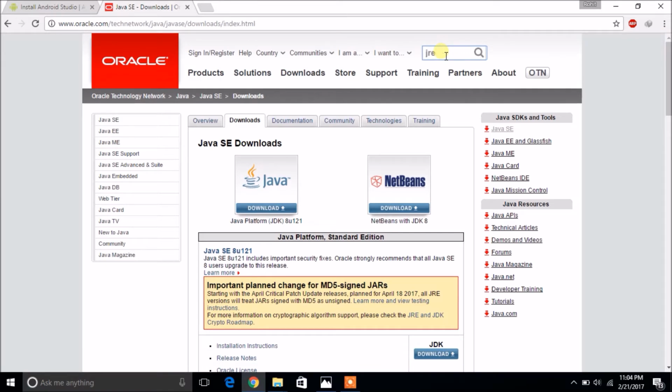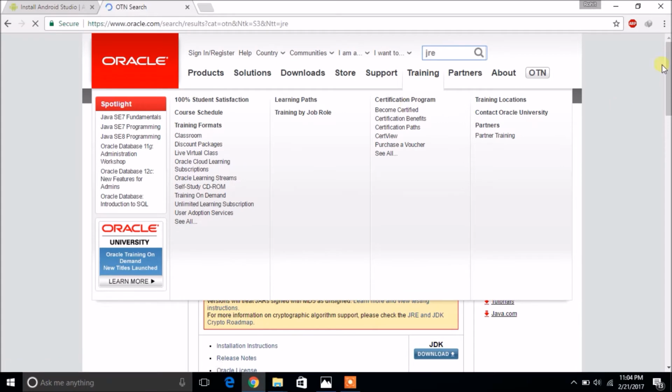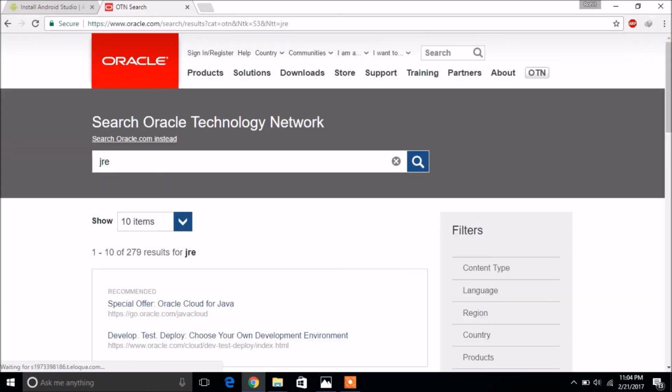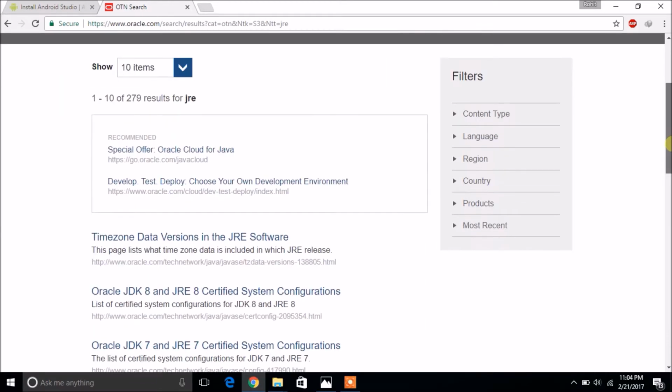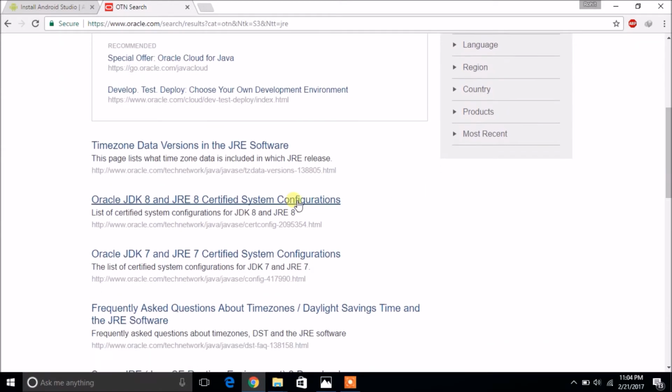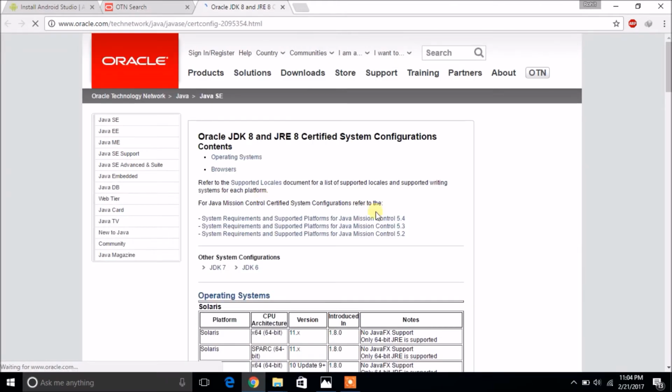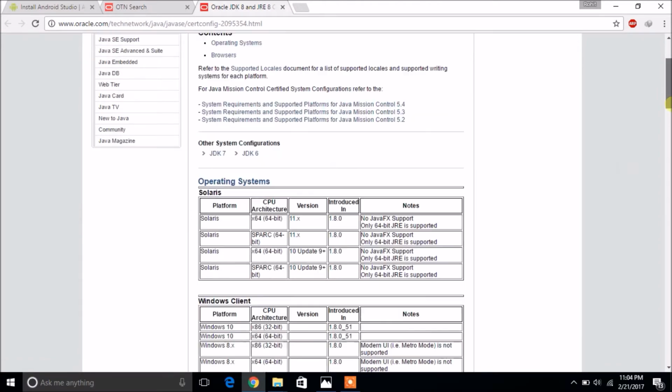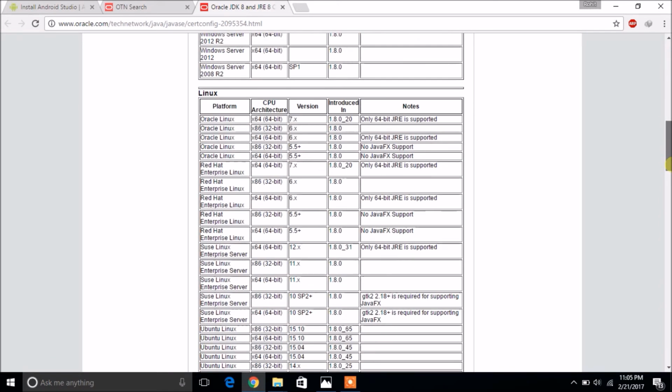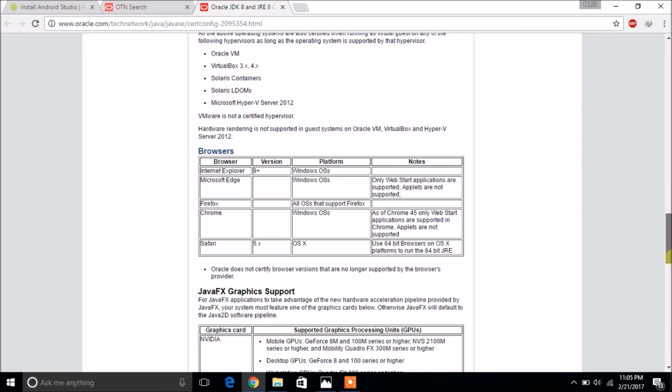Whenever we don't find what we want, the only thing we can do is search. Let's just type JRE. After typing, it is going to redirect us to that page, Oracle JDK and JRE Certified System Configuration. Let's open that page.